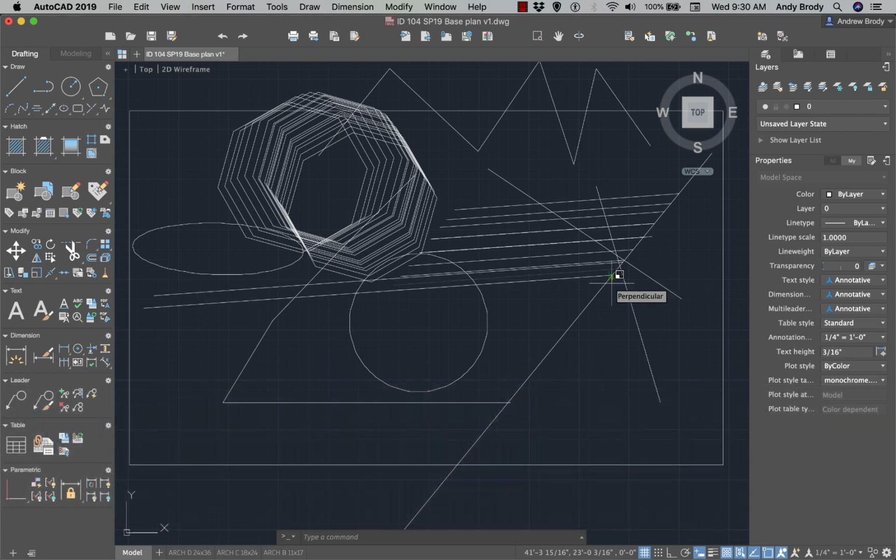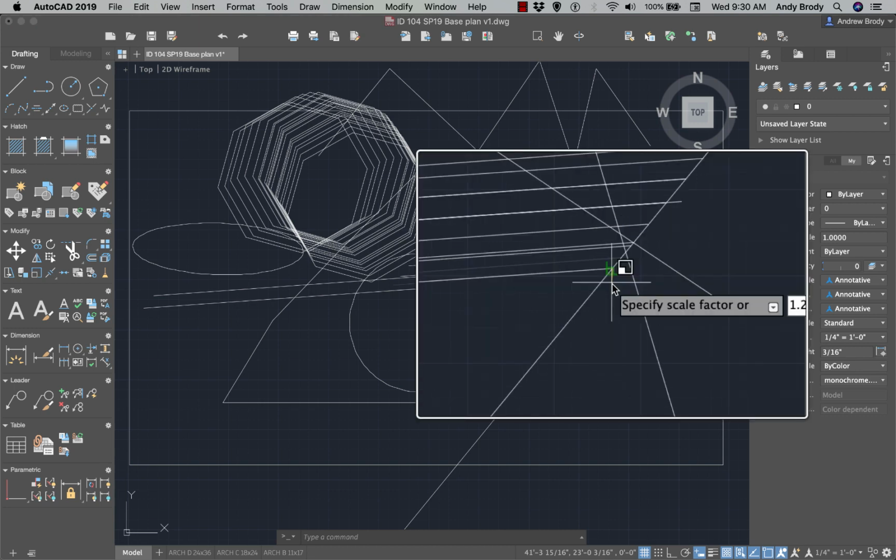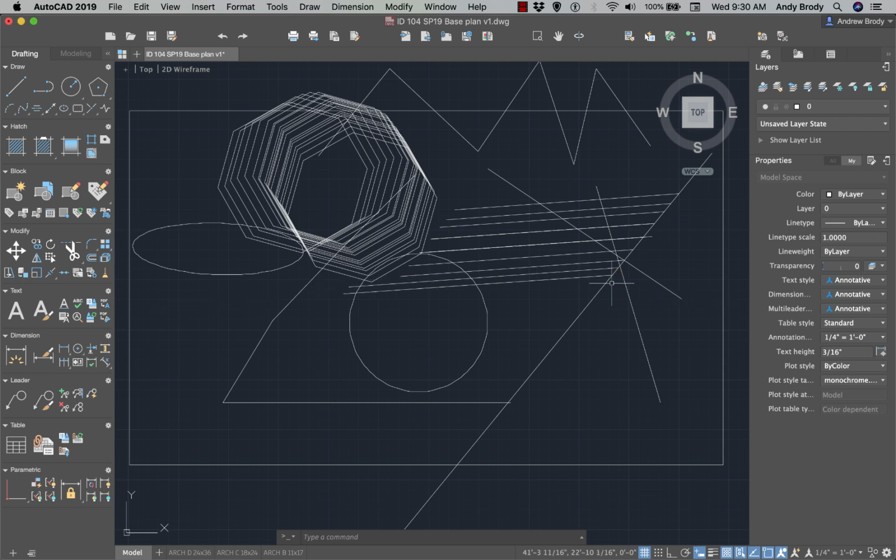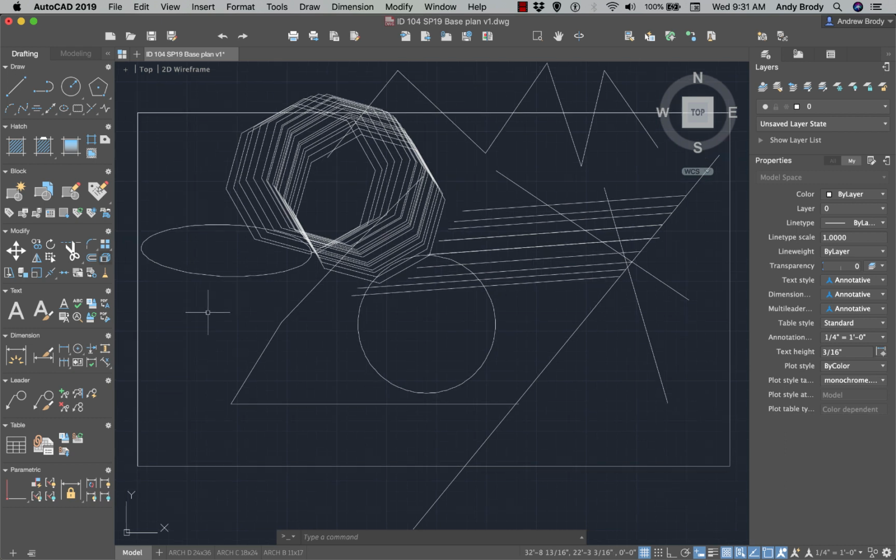This one is a nice one to type in a value. I'm just going to type in, say, 1.2. You see how that shows up in my smart cursor, and hit enter, and it will scale them by essentially 1.2 or 120%. One last editing tool of many that we can use that's kind of fun is the offset